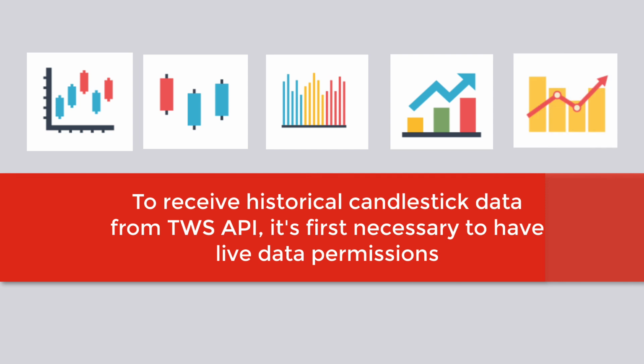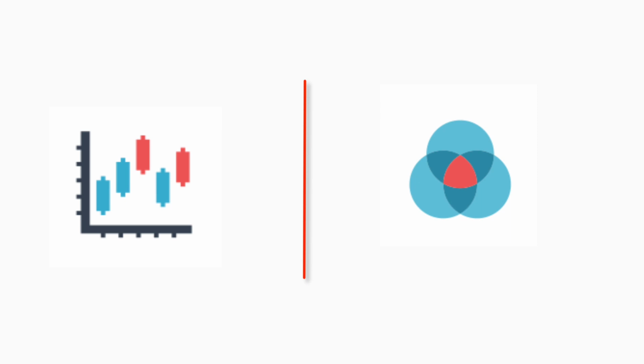It's important to note as well that from the API, even to receive historical data, it's also necessary to have a market data subscription. That's because from the API, historical data is from the data that's first available all the way up to the present time. And the last 15 minutes are defined by the exchange as live data, so the live data subscriptions are needed for that period. This is unlike in the TWS chart, where you can make a chart, at least up until 15 minutes ago, of data, even without a subscription. Whereas in the API, it's always necessary to have that market data subscription and live data in TWS before historical